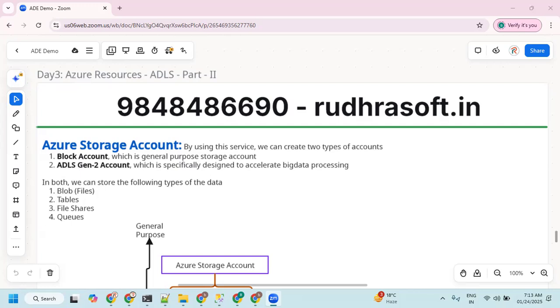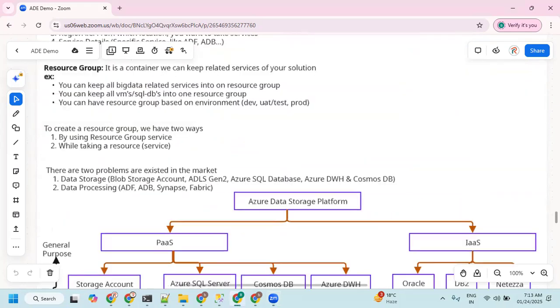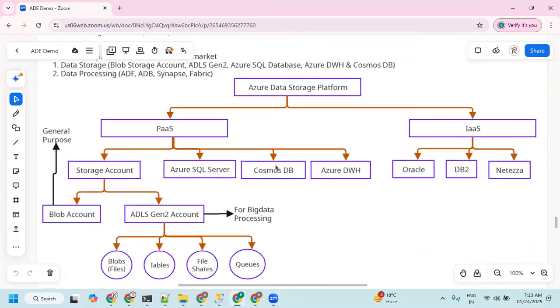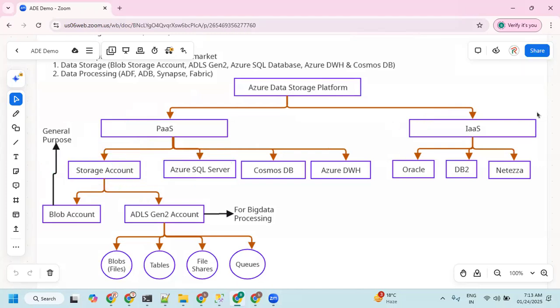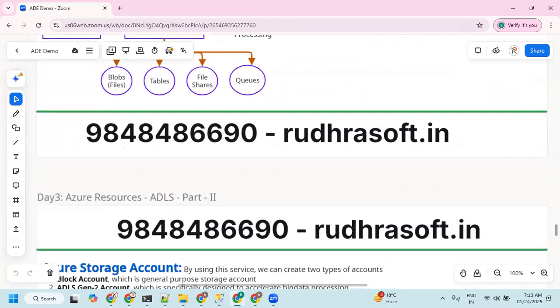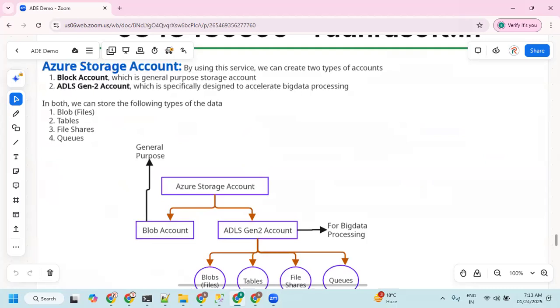So in the last session, we started talking about the Azure Storage platform. In the Azure Storage platform, we have PaaS services and IaaS services. And in PaaS services, we started talking about storage account. So this is important for us. We are going to use these two as part of these sessions. So when I zoom in into this particular area,